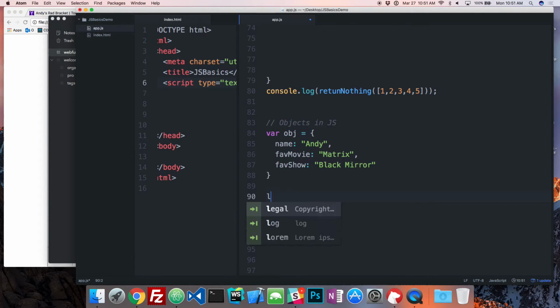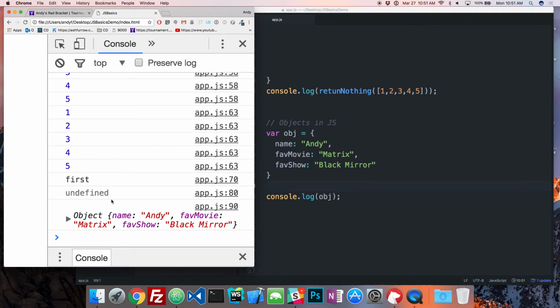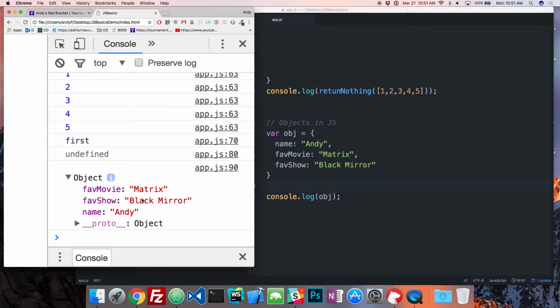and I can console log the object like that, and let's see what we get on line 90. There we go, see? app.js line 90, we can open this object up, and this is only because we're using Google Chrome. Other browsers might not allow you to do that. But we can see inside of the object, and if I hover over it, you'll see that it's .favemovie. So that gives us a hint as to how to access these properties. Yeah, it is in no order, right?